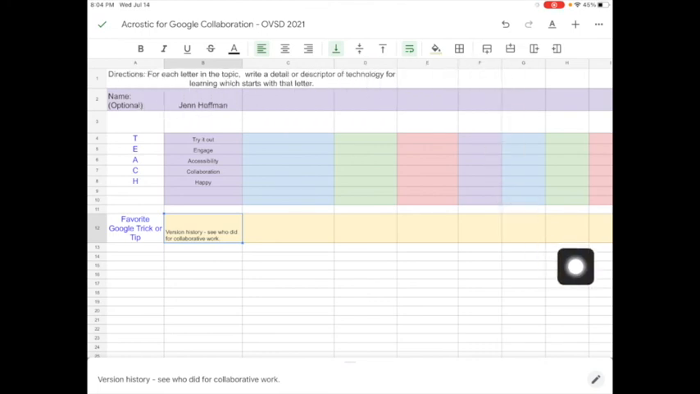Those are the basics of working with a Google spreadsheet when you're using it for text purposes and just navigating. We're going to start here with a very simple activity. You can find this activity in the Schoology course. It is on the page that explains the acrostic for Google Collaboration, along with the directions of what I'd like you to do with that in order to start to get your feet wet and play around a little